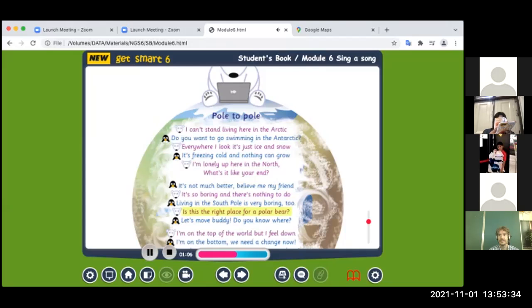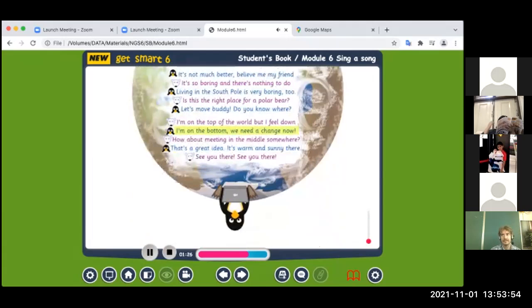Is this the right place for a polar bear? Let's move, buddy. I'm on the top of the world, but I feel down. I'm on the bottom, we need a change now.